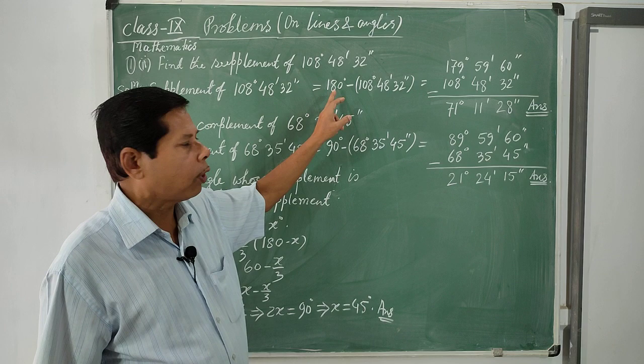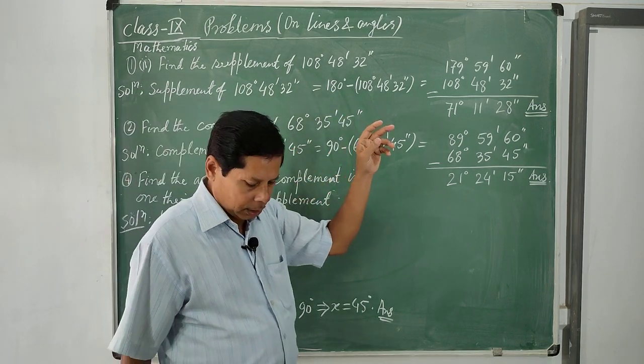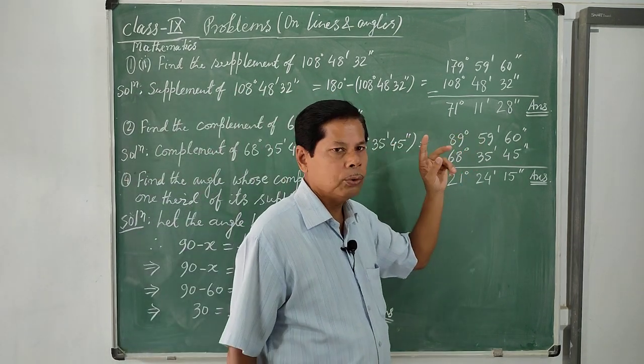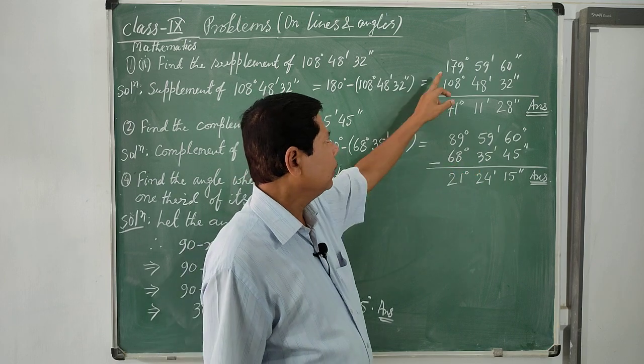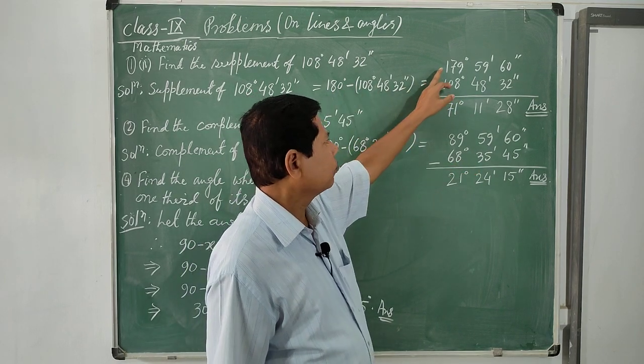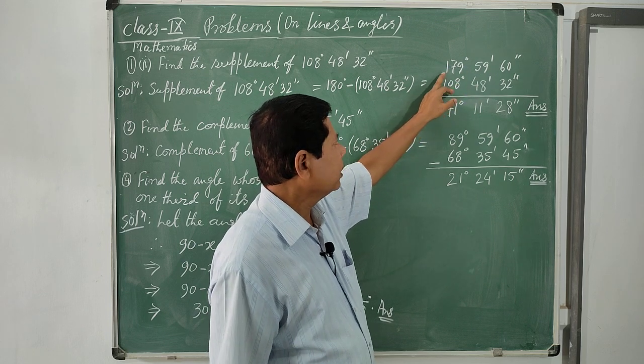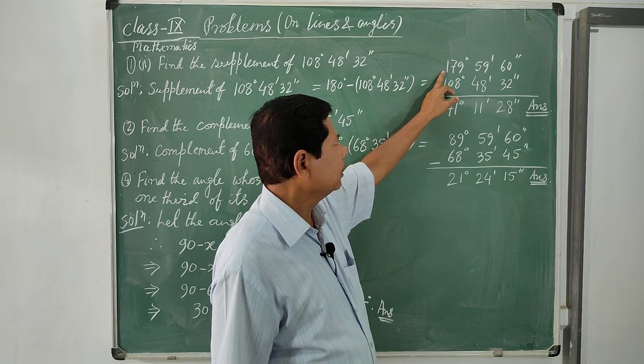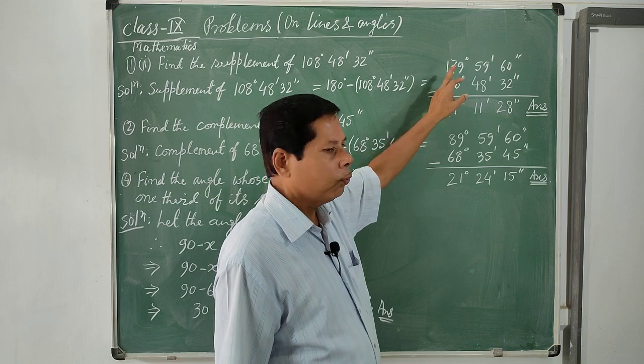Take 1 degree from 180 degree. So, remaining is 180 minus 1 equal to 179 degree. Instead of 180 degree, we are to write it in this way. So, 1 degree is taken out, remaining is 179 degree. Now, 1 minute,